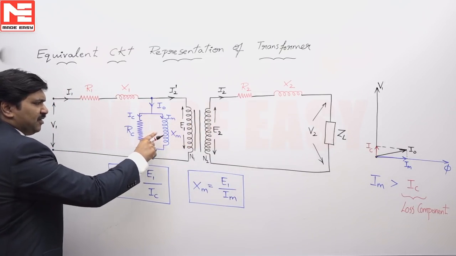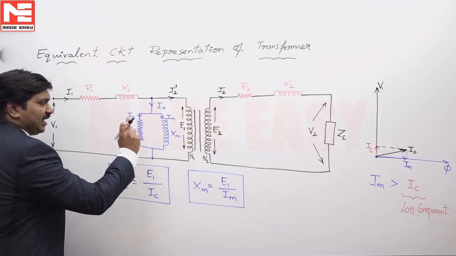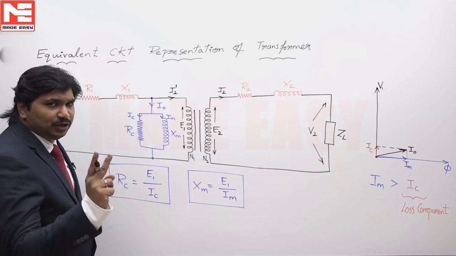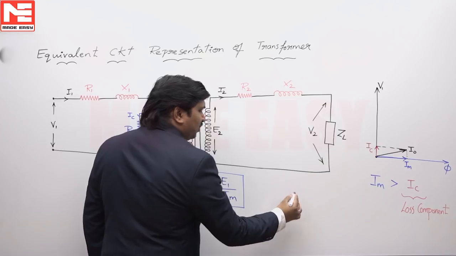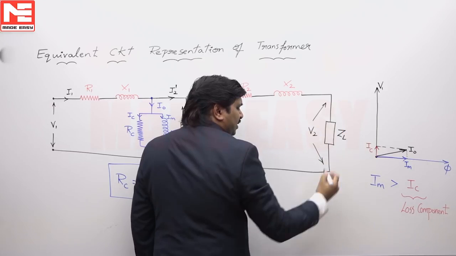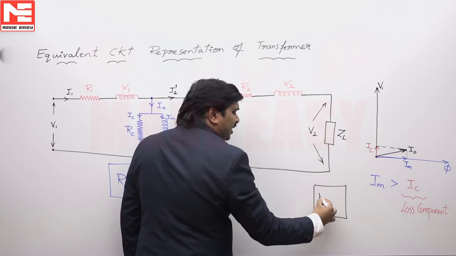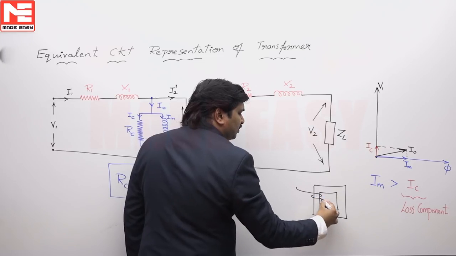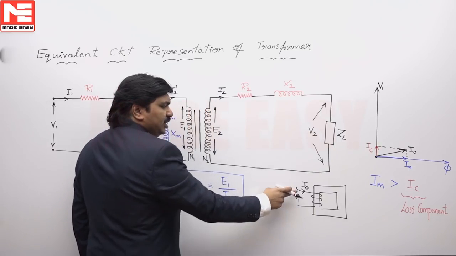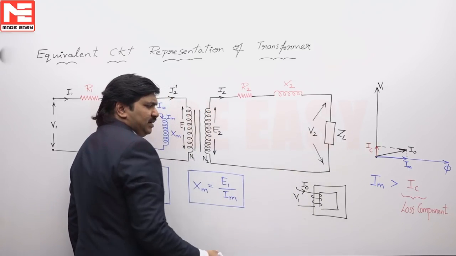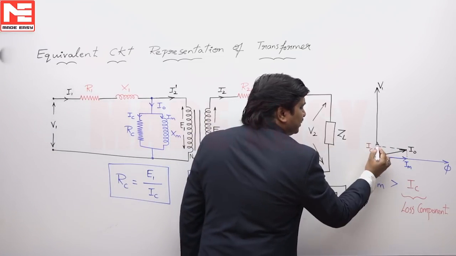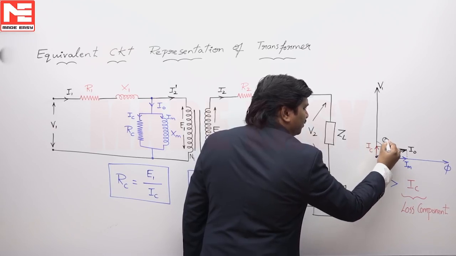This is a fictitious branch, imaginary again, because the primary current contains basically two components. Whenever we give a voltage across the primary of a transformer, the primary winding draws a current I0. This I0 is not in phase with V, this I0 is not lagging with V, but this will be something like this with a big angle phi naught.